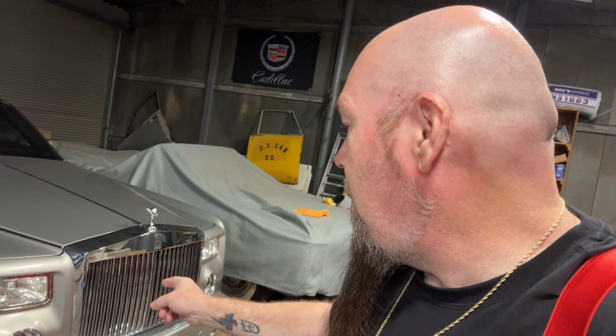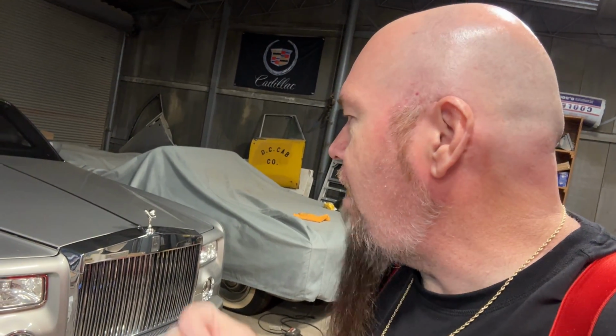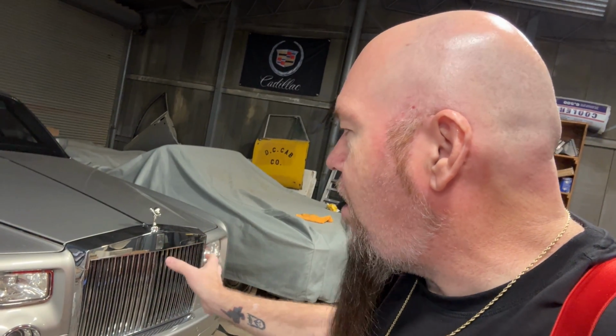I've never seen the needle move on this thing ever. I mean, I've been in the hottest of hots here in July with the air conditioner on, sitting in traffic on pavement when it's literally 120 degrees, and I've never seen the needle move on this thing. It's got one of the greatest cooling systems. However, when it fails